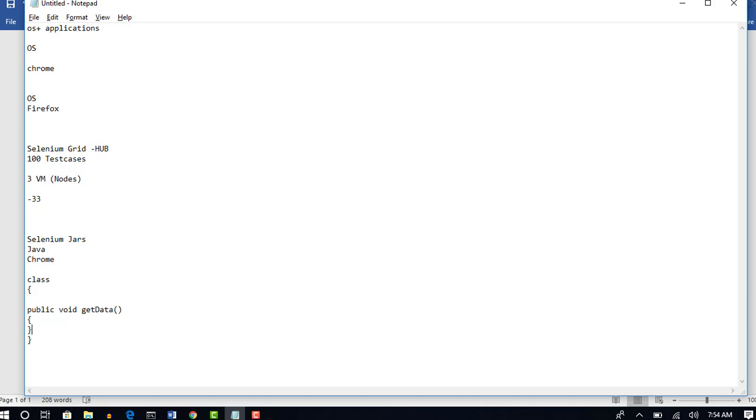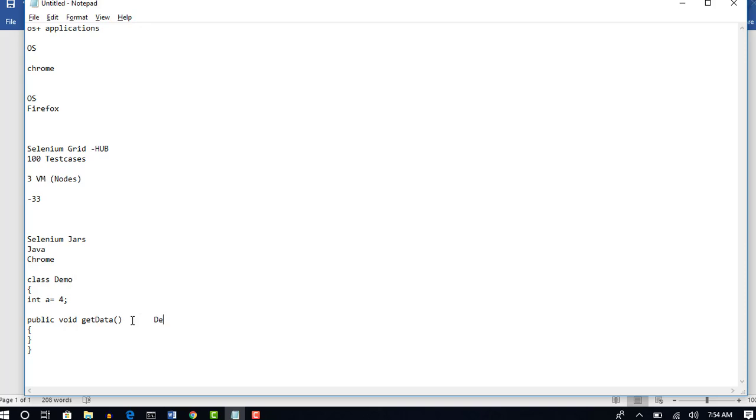You have member variables and properties, like int a equals 4. So this is one base class. Now if I want to initiate and execute the getData method, I need to first create an object of this class, right? If the class name is Demo, how do you do it?